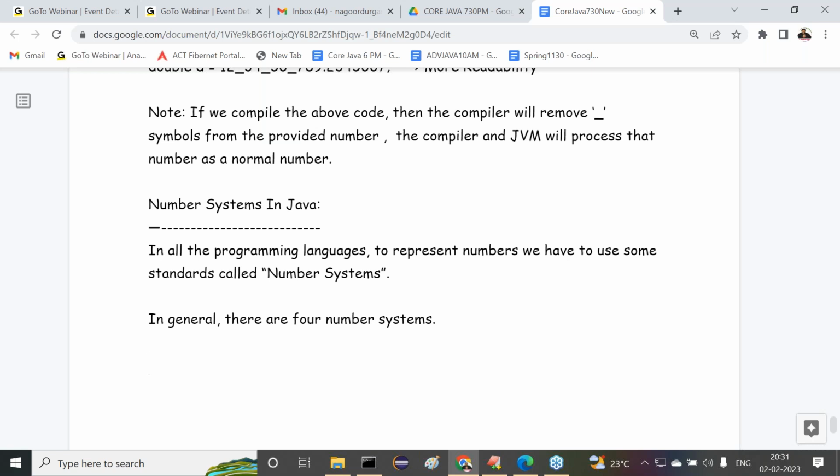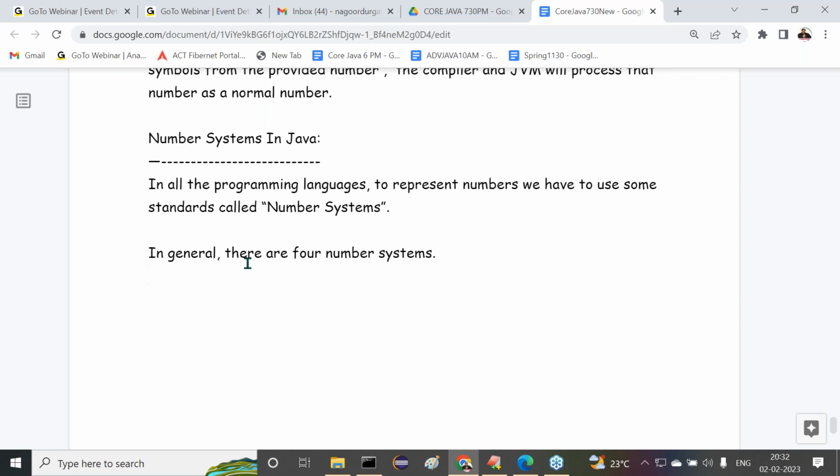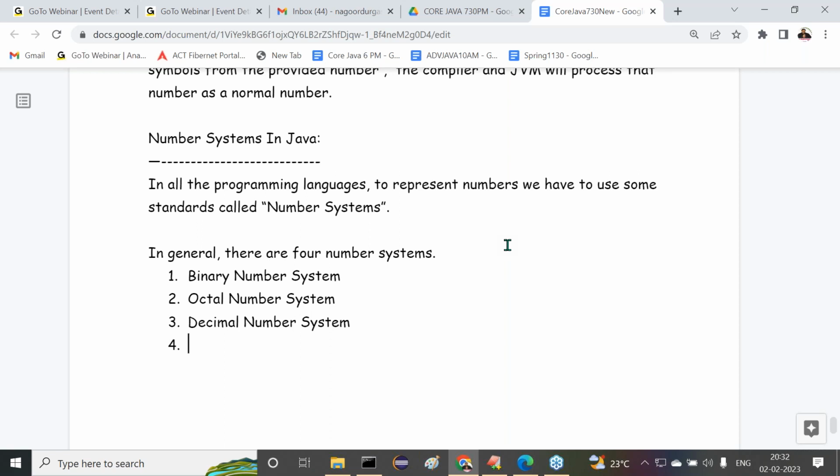What are these 4 number systems actually? The very first one is the binary number system. Second one is the octal number system. Third one is the decimal number system.